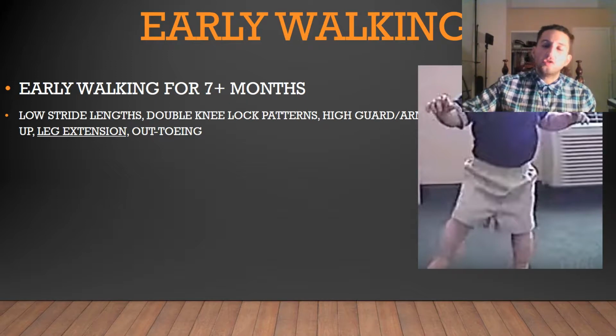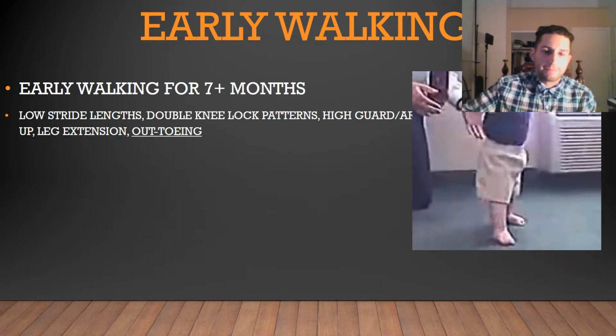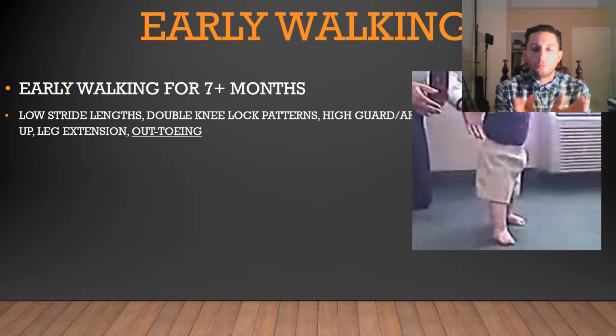Also, leg extension. Normally, the leg will extend forward, with very minimal lateral movements. But in this case, you can see with the child, the leg is extended, but not in the fashion that you'll see with normal adult gait. And also, you have something called out-toeing, in which the toes or the foot is essentially not going to